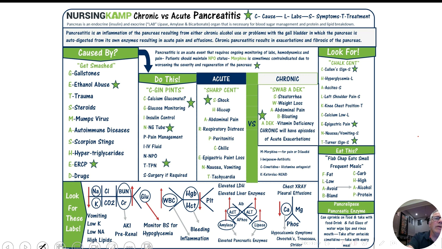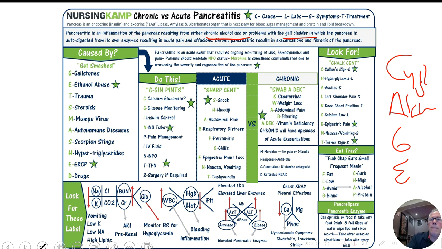All right, so here's my pancreatitis. Pancreatitis is an inflammation of the pancreas, resulting from chronic alcohol use, gallstones, or what I call the CAGE. CAGE is cystic fibrosis, alcohol, gallstones, and ERCP. Now that's an actual scope that goes down the GI tract,